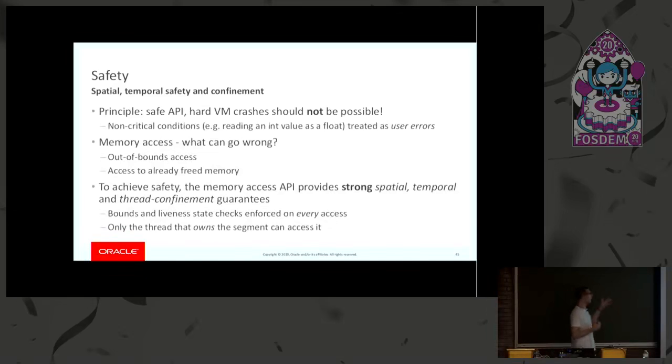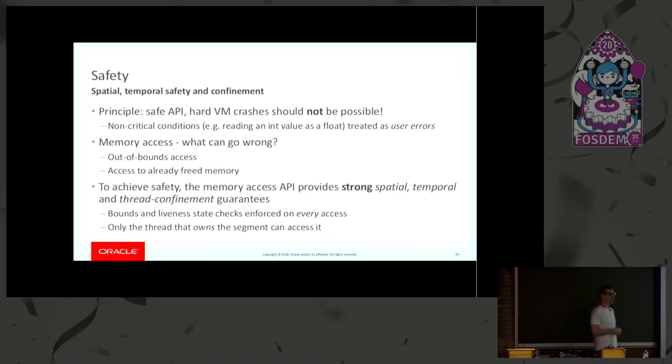But there are a couple of conditions that we want to protect you against, such as accessing memory out of bounds, which if the memory is off heap can result in a crash, and also accessing memory after the memory has already been freed. The second problem is in particular a nasty one, especially when you consider multiple threads accessing memory at the same time, because you can have one thread doing access and another thread doing the release. So how the heck do we make this safe? It's actually pretty tricky. You could lock everything, but that basically kills the performance.